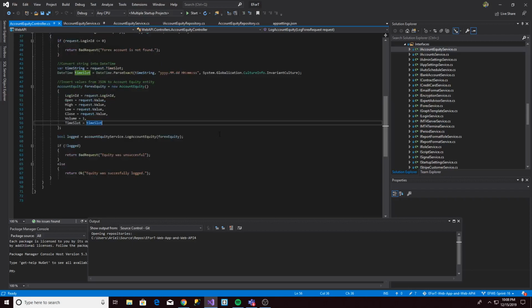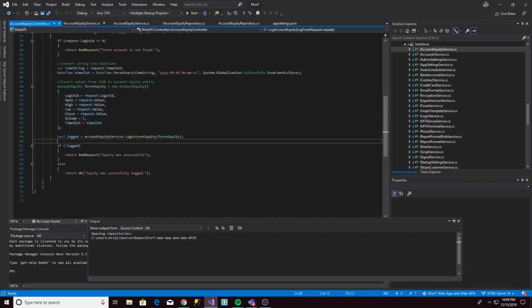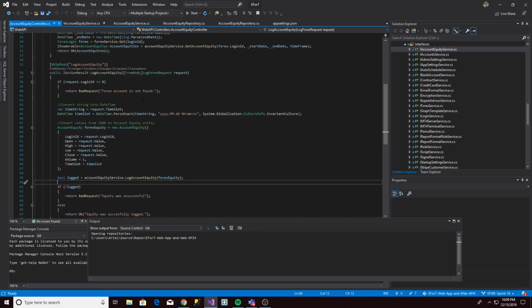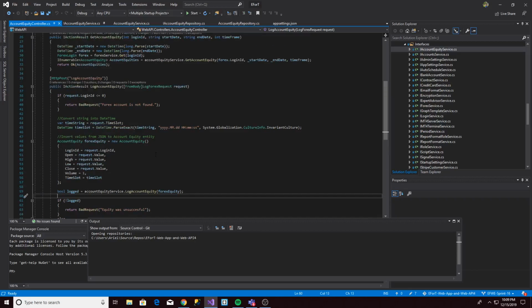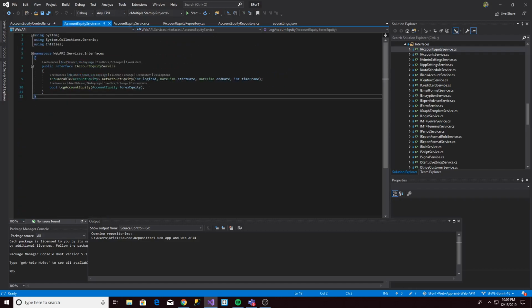So then we have an additional step to make sure that the equity was created successfully. We created a boolean, and if the boolean is false, it'll return bad request, and if it is okay, then it was successfully logged. So like I mentioned earlier, this function calls, this function is created in the iAccountEquity